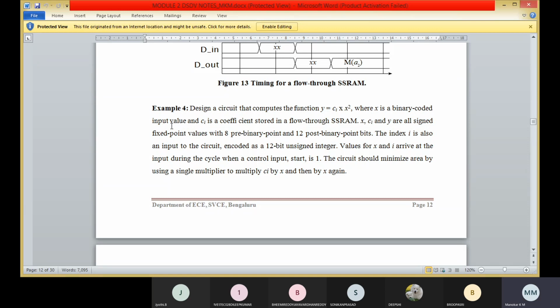X is the binary coded input value, and Ci is the coefficient stored in a flow through SSRAM, that is x comma Ci, and y all are signed fixed point values with 8 pre-binary point and 12 post-binary points. Here 8 plus 12 is 20, that is total size is 20 bits.